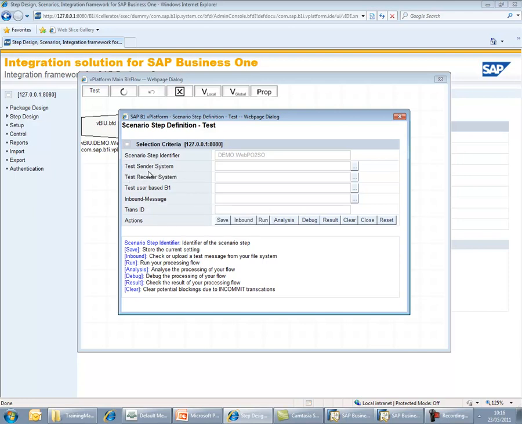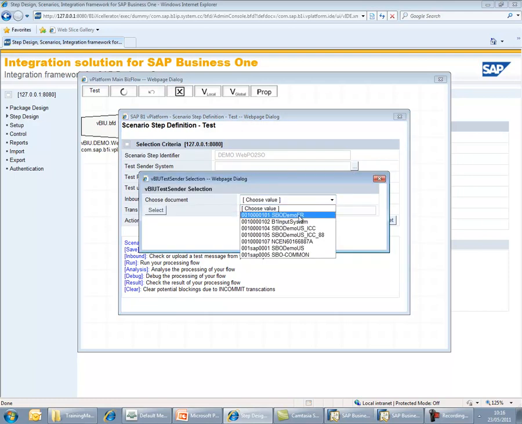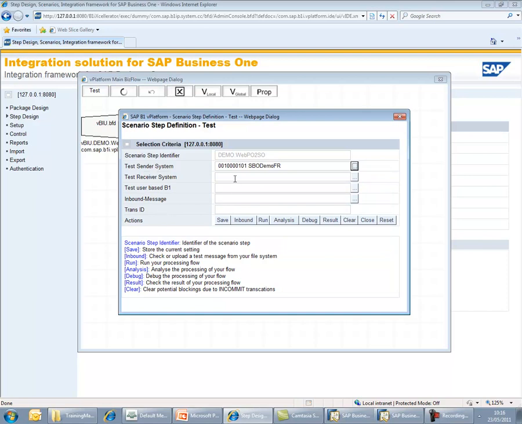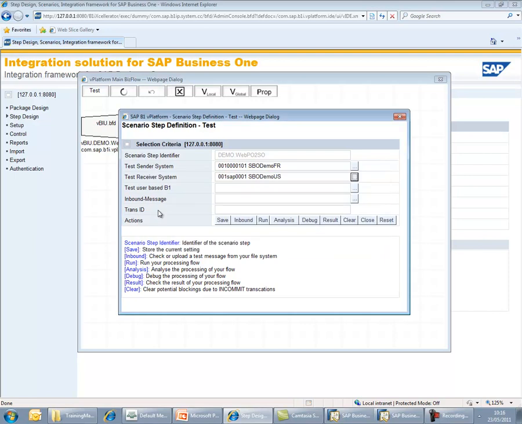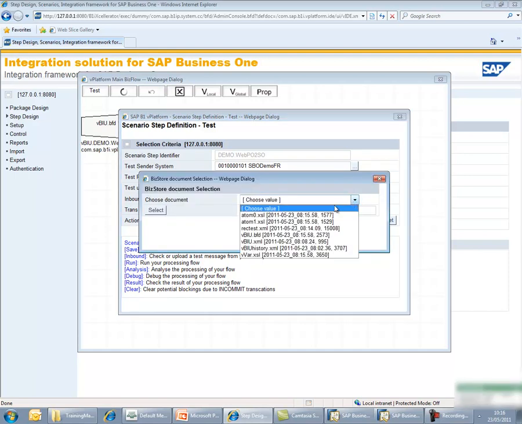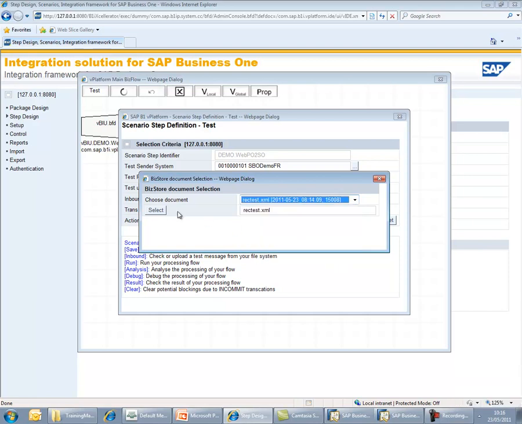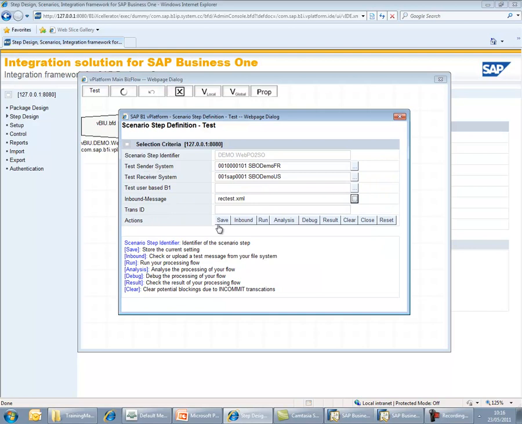So first of all, we need to say what the test sender and receiver system are. For the sender, we said it is the SBO demo FR. The receiver system is the SBO demo US. I don't have a test user-based business one. Inbound message: because I have run it once, if I go here, now I have a rec test XML, so you see it has been saved today. I select it. I can save now, so I save that configuration regarding the sender and receiver test systems and the inbound message. Now I can run it